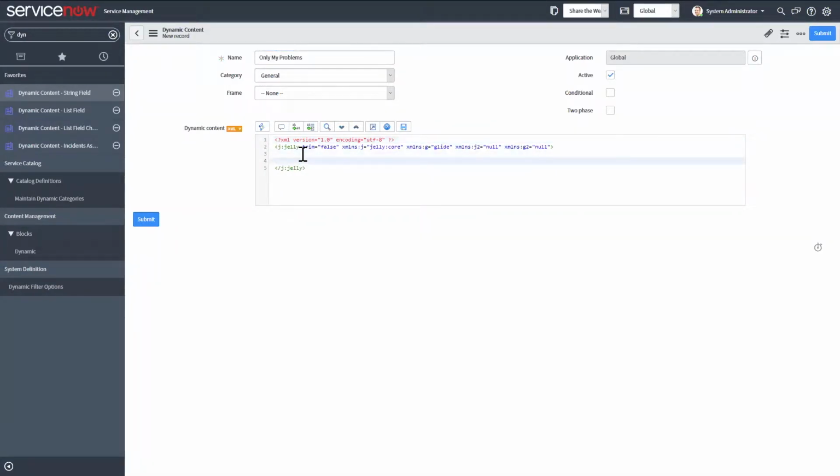So you have some jelly tags in here. You can use jelly. You don't necessarily need to use jelly. So for this example, I'm actually not even going to really use any jelly at all. What I'm going to do is create just a simple filter with 2 buttons to show how the filtering could work. So variable filter, then we're going to create a new